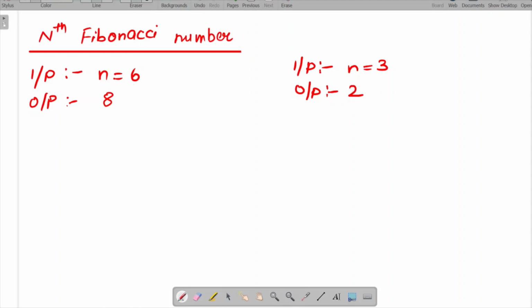Now you may get confused if you don't know what a Fibonacci series is. So before explaining further, I would first explain what a Fibonacci series is. A Fibonacci series looks something like this. Initially it has two numbers. Now whatever the next number will be, it will be calculated by adding the previous two numbers.